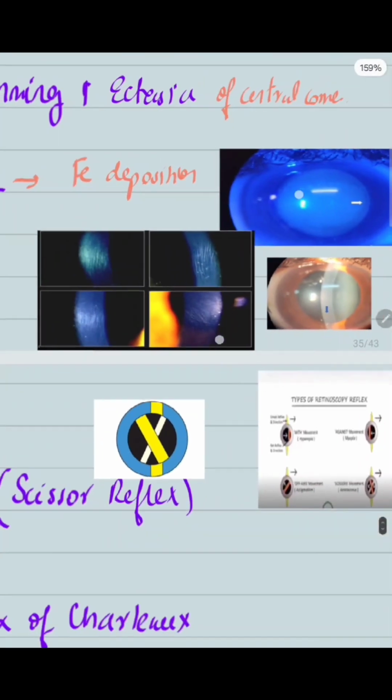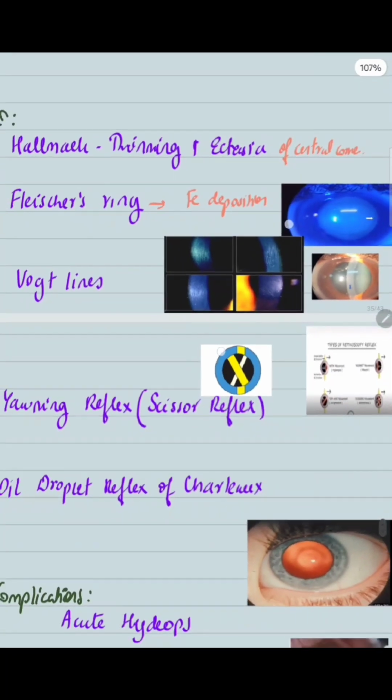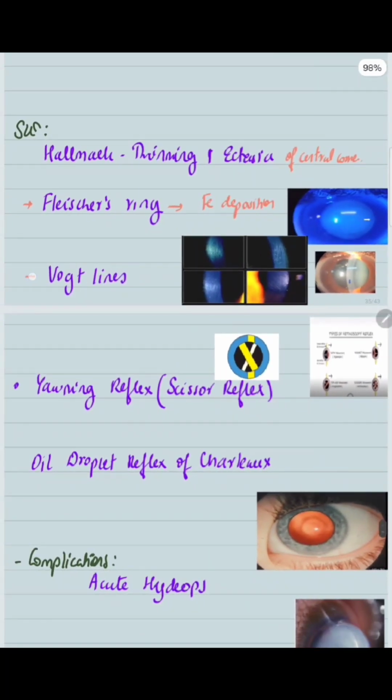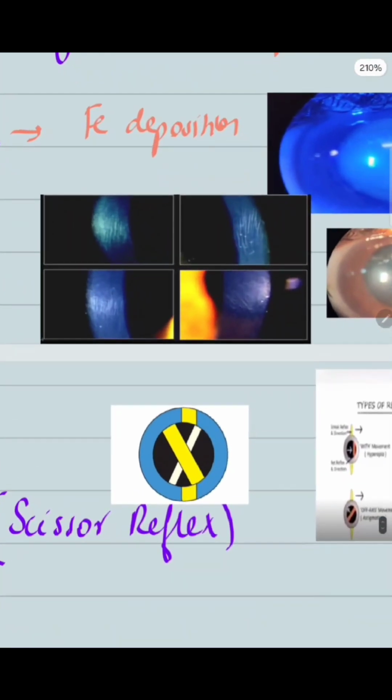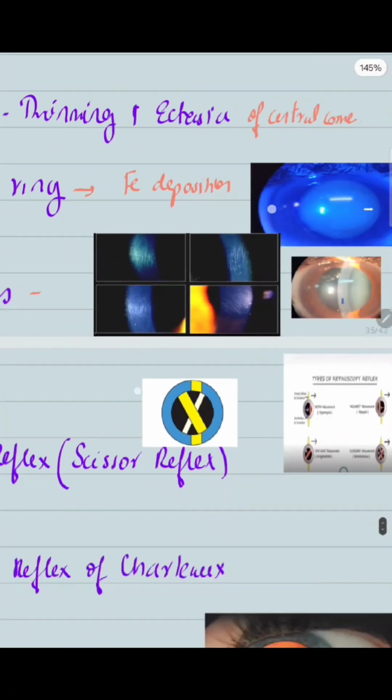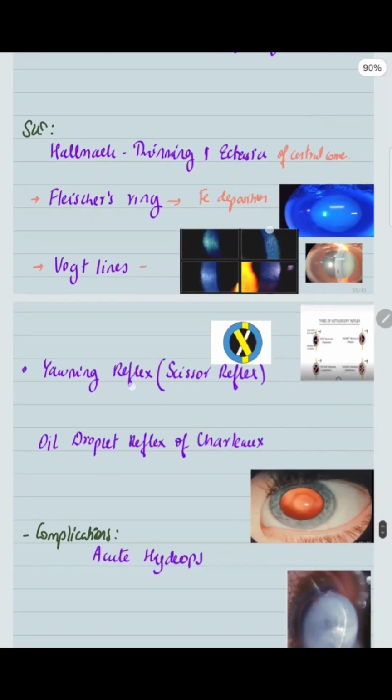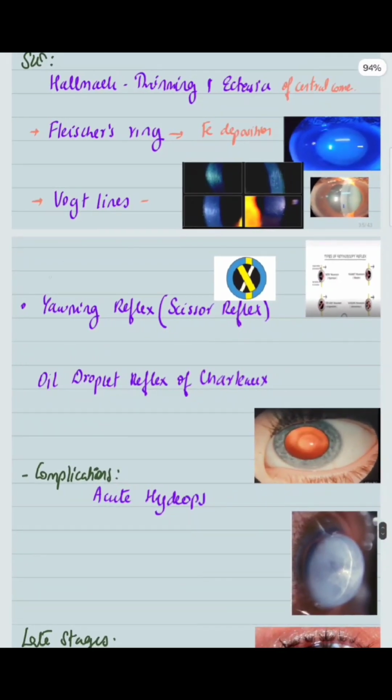Okay. Now folds in Descemet's and Bowman's membrane can be seen. There is what is known as Vogt's line, that is deep stromal striae. These are vertical striae. These deep stromal vertical striae are known as Vogt's striae, which disappear with external pressure. In retinoscopy,